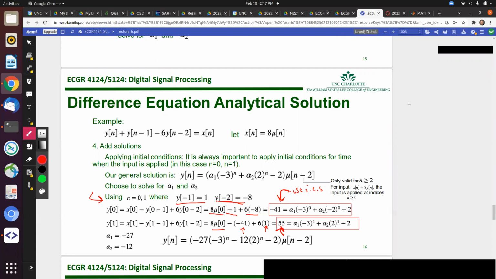So now we have two equations and two unknowns. That is this linear system here. And we solve that linear system to get alpha 1 and alpha 2. So that is how you use the initial conditions to get your solution, because this will give you your alpha 1 and your alpha 2. You can use MATLAB, set it up as a linear system. You can solve it by hand, however you like. I personally like to use MATLAB, and I'll show you how to do that